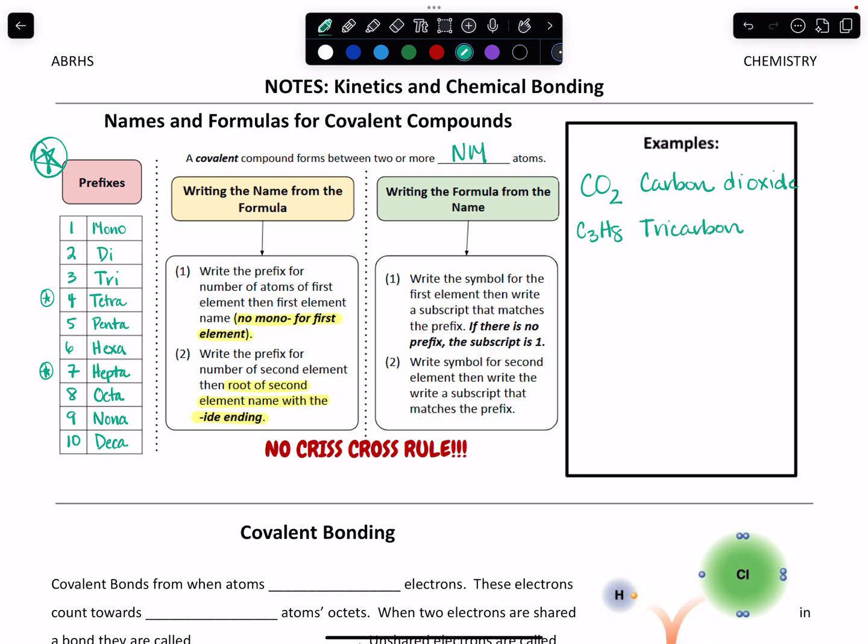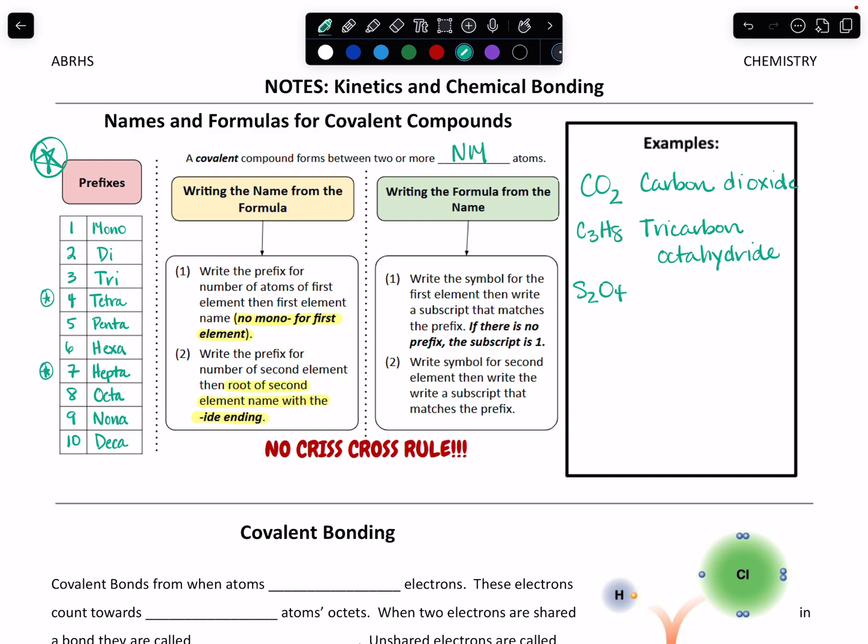All right, and then we have hydrogen, and we have 8 of them. So it's going to be octa, and then we take the root, hydr, and add ide. All right, so tricarbon octahydride. All right, we'll do one more,